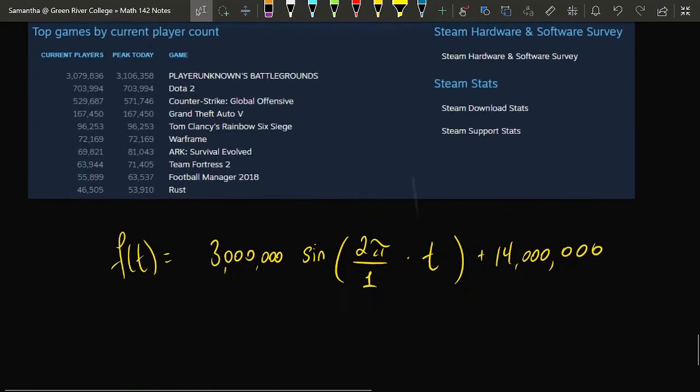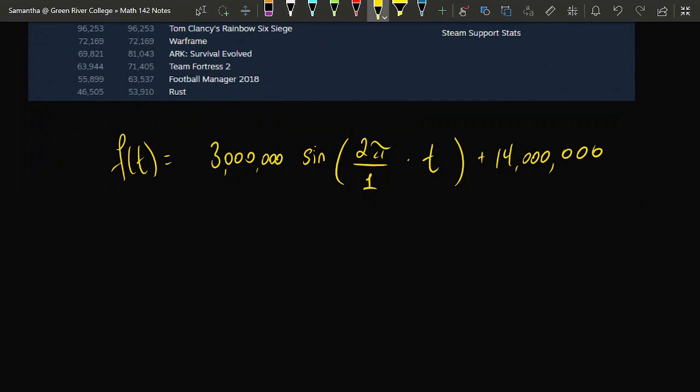That concludes today's material. Today we studied how to construct a sinusoidal function with a specific amplitude, period, and midline. The amplitude was controlled by a multiplied number in front, the midline was controlled by an added number in back, and the period was controlled by a number that was multiplied by the input inside the sine function.